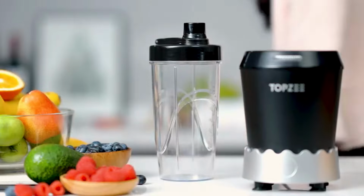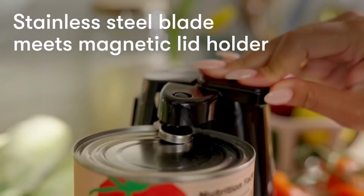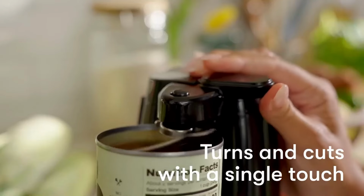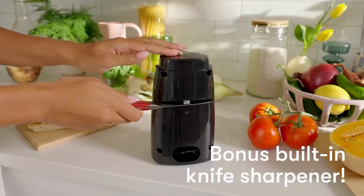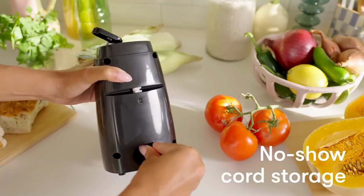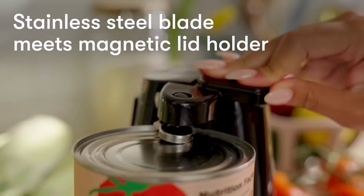your active lifestyle. Meet the Bella Electric Can Opener, a sleek, one-touch kitchen essential that opens cans of all sizes with ease, thanks to its powerful 60-watt motor and stainless steel blade. Its built-in knife sharpener, hidden cord storage, and removable cutting lever make it as functional as it is tidy. With multiple color options to match your kitchen style, it's a smart and stylish upgrade that also makes a great